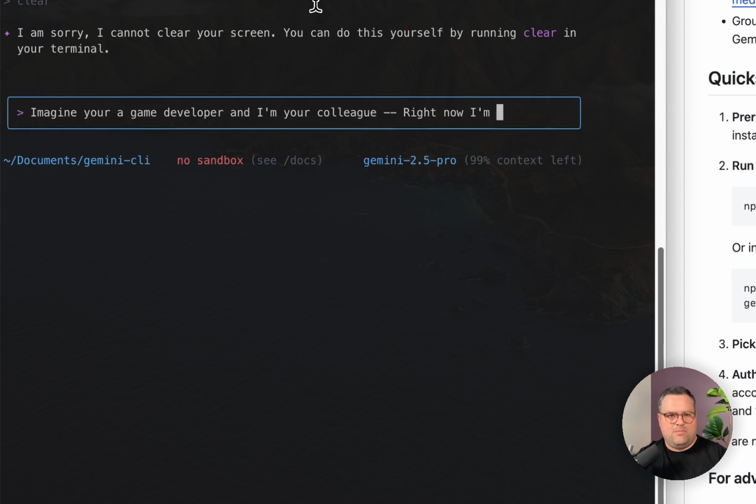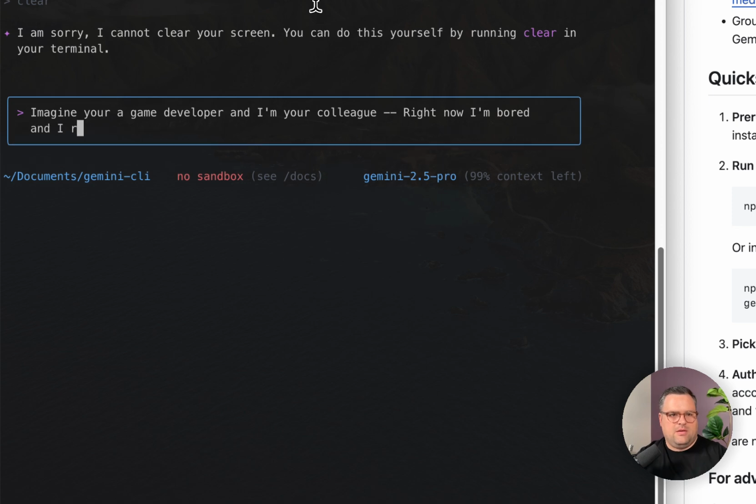Right now, I'm bored and I really want to play a game of Sudoku. Okay. Create a